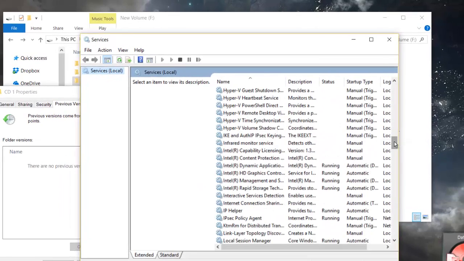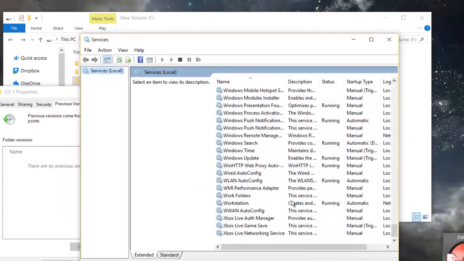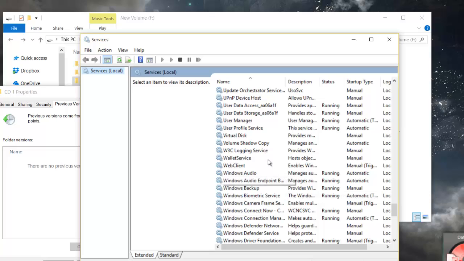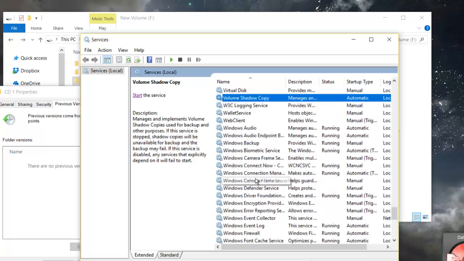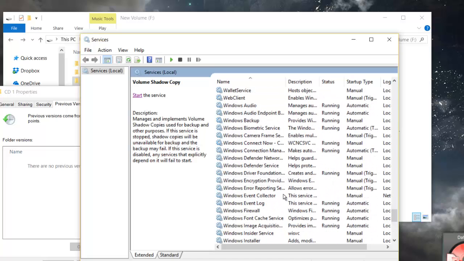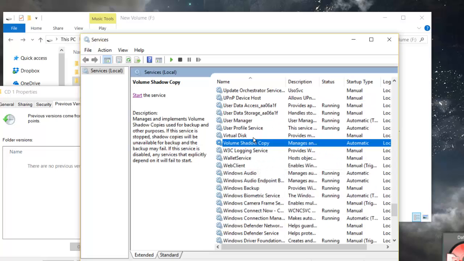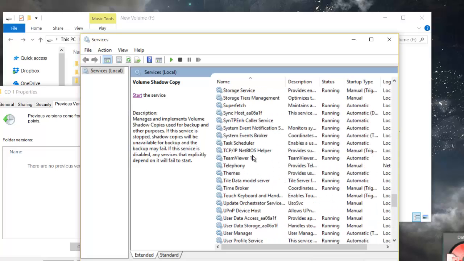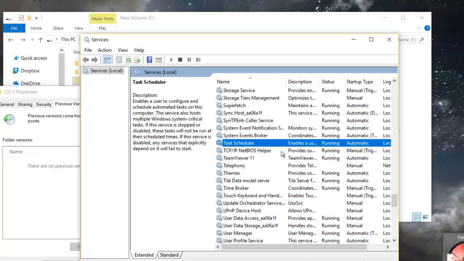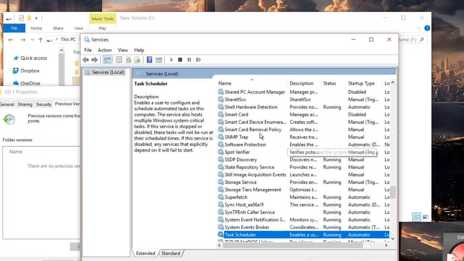You need to check a couple of things here. Go all the way down, and you see the option here which says Volume Shadow Copy. Is that the one? Yeah, this is the one. So I turned it on, but it's turned off. I mean, it should be turned on, and it should be set to automatic. So I'm not sure why it stopped again. And you need to make sure that the Task Scheduler is also on and it's running. It's automatic. And another service which is